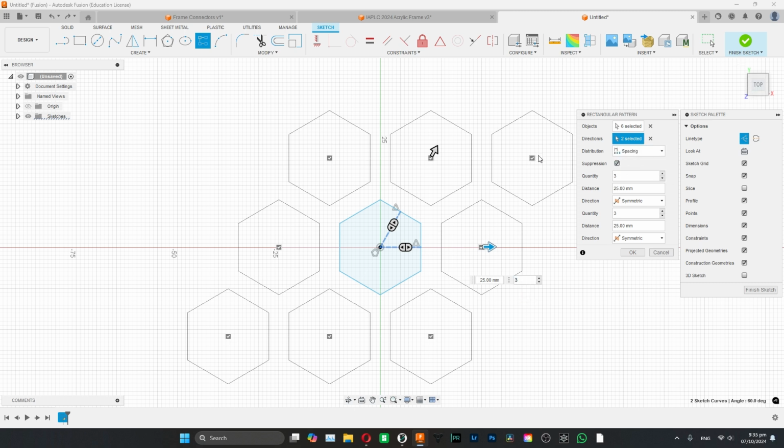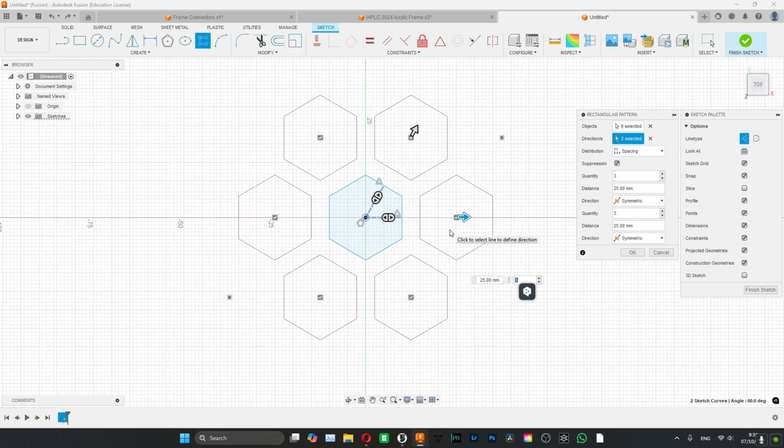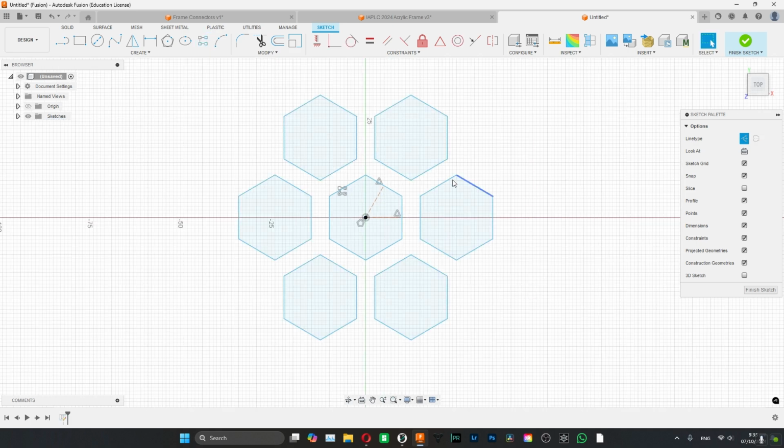Now the reason suppression is on is you can see all these check marks on the polygons. If you ever only want a few, you can just uncheck certain ones and you are left with only the ones you want. So we'll just leave those unchecked. I'll just want to make this nice symmetric pattern, and you're going to hit OK,